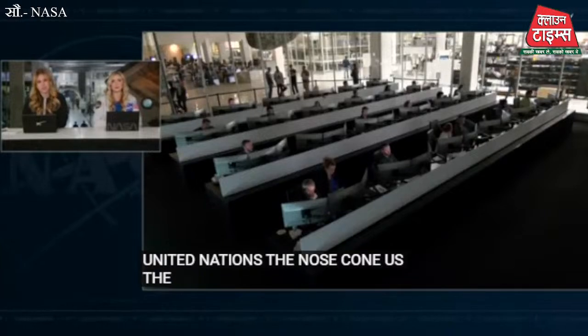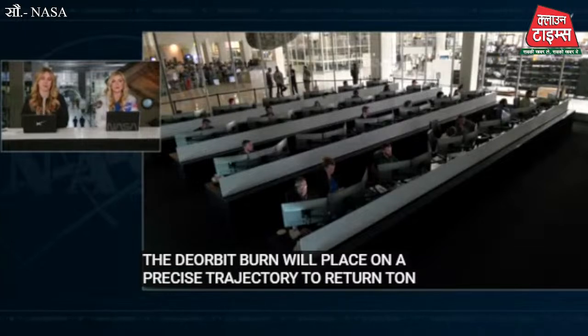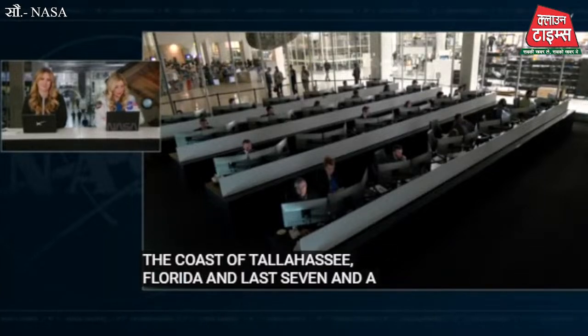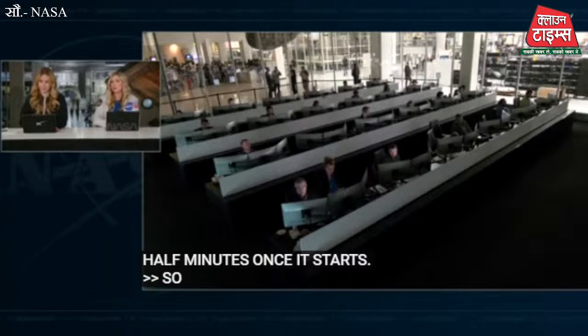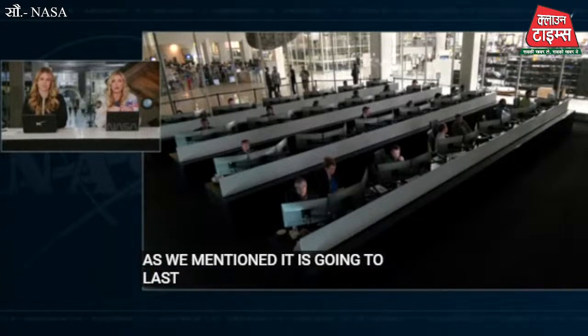Dragon is on a precise trajectory to return to the splashdown zone off the coast of Tallahassee, Florida, and that will last about 7.5 minutes once it starts. So the deorbit burn is targeted for 2:11 p.m. Central Time, about 2 minutes from now. As we mentioned, it's going to last about 7.5 minutes, again helping to get Dragon onto the precise trajectory to